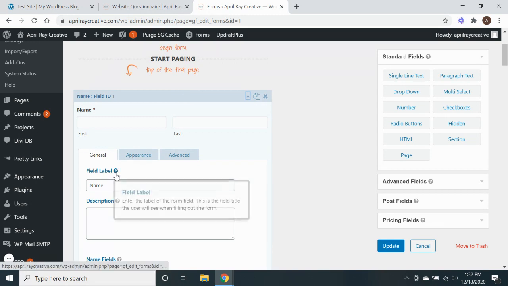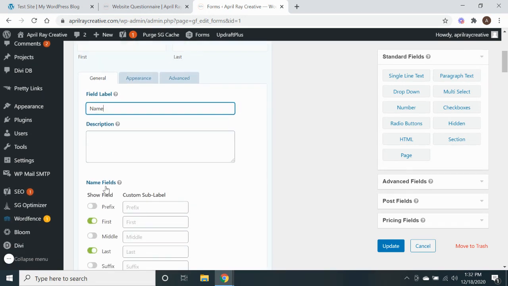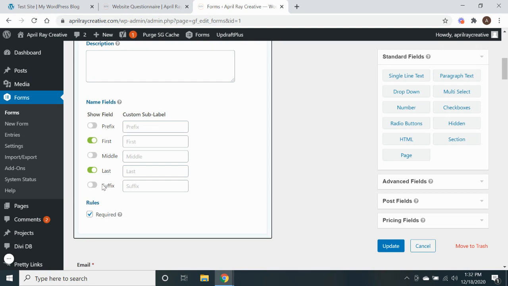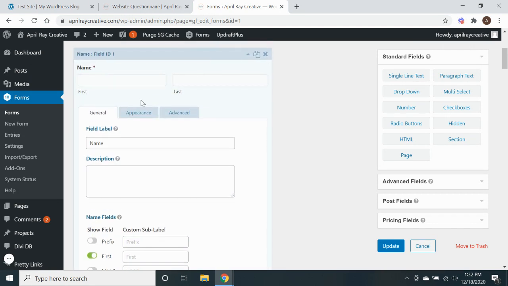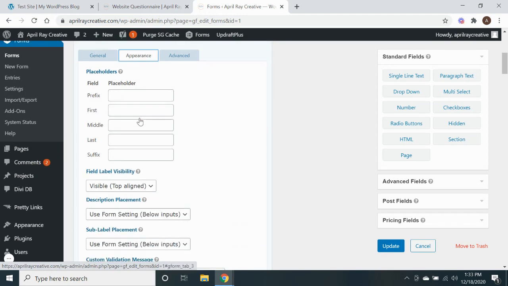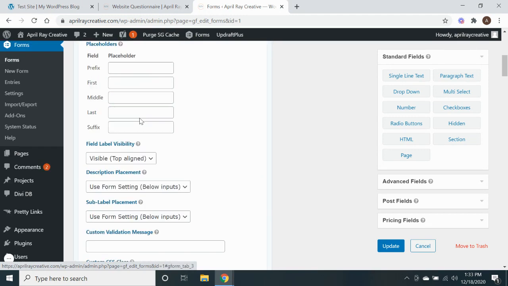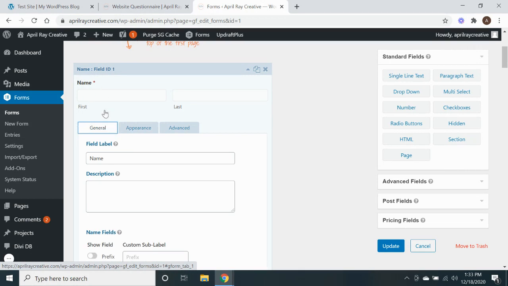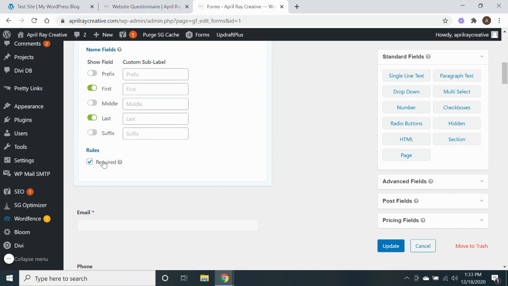So to make changes, you click on it, and then you'll see right here, you'll have your field label. And it gives you lots of options. So say you wanted to add middle name, say you don't want it to be required, or you do. All sorts of options here. But the main thing probably is going to be the name, the description, and whether or not you want it